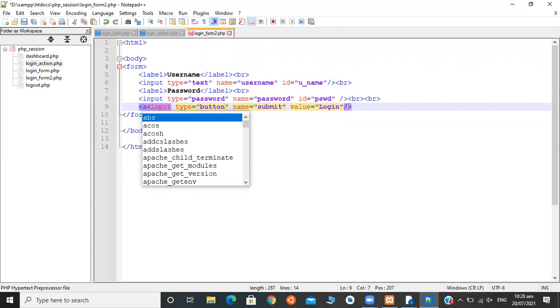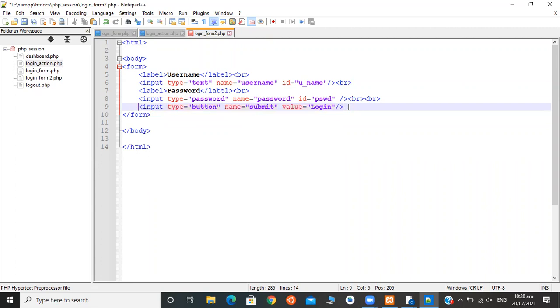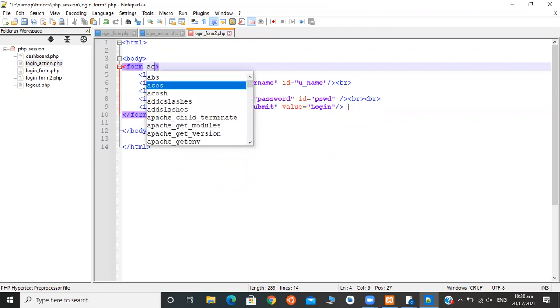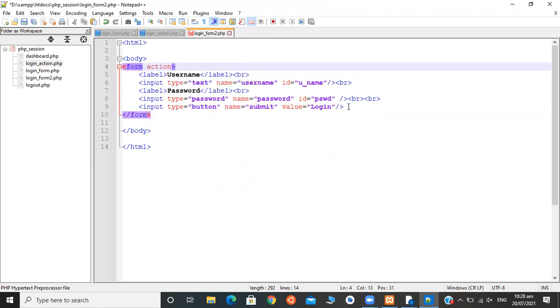This is used to give any hyperlink. Okay. So sorry, I don't need it here. Here in form tag, we have to mention action. Action is an attribute. It represents where we need to redirect after we submit the data.